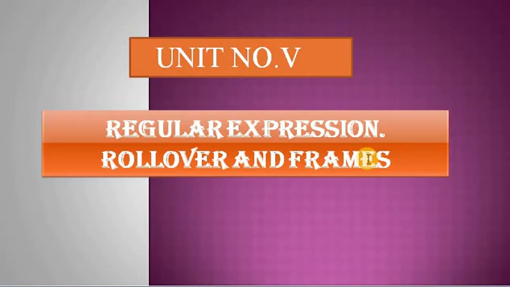The next point we discussed in the previous lecture is the invisible border of a frame. Here we discussed how to set the border of a frame invisible with an example. Next is calling a child window. By using a parent window we call a child window. The main window defining the frames in it is called a parent window, and each frame contains a child window. For example, we can call one child window from another child window.